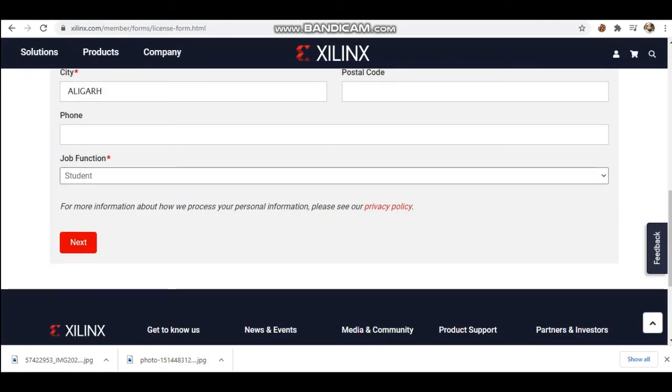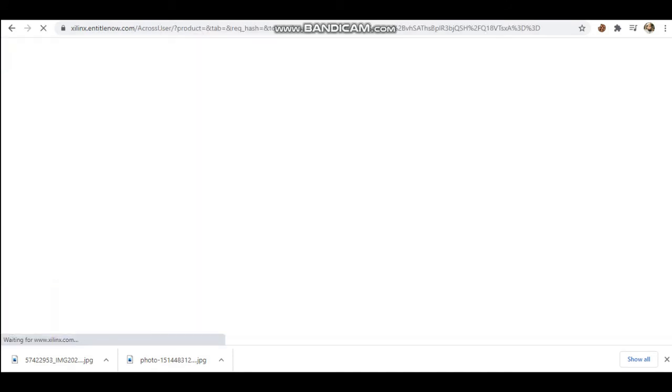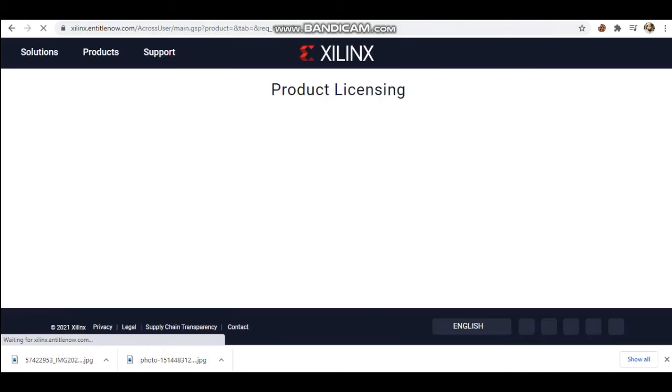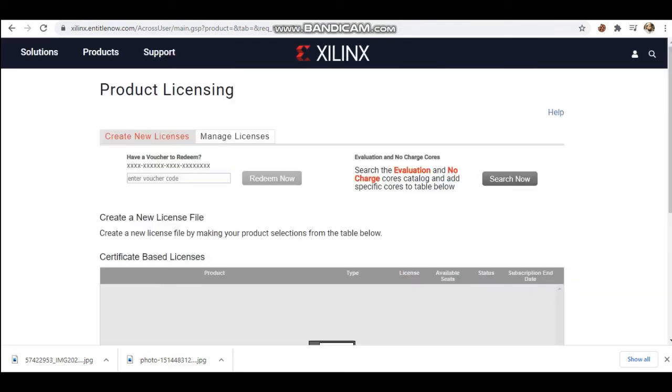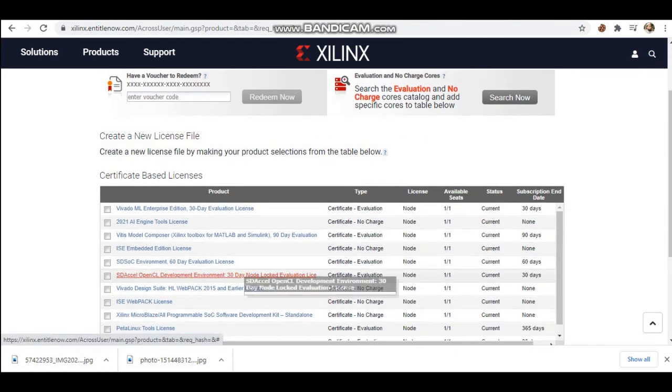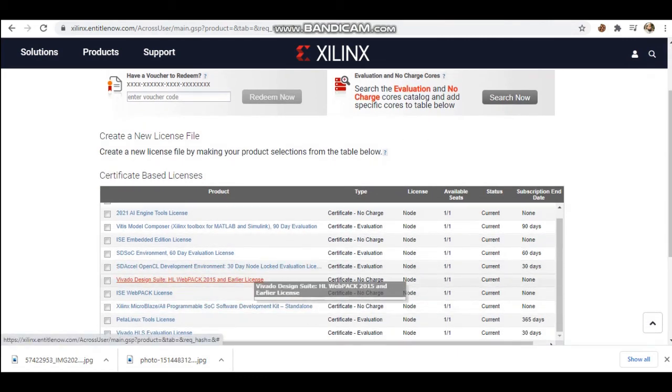I have to make sure the job function is student, and when I click next, I will get all the licenses which are available with the free version of this software. It's taking time. See, after getting the product licensing, now I have to download this one.